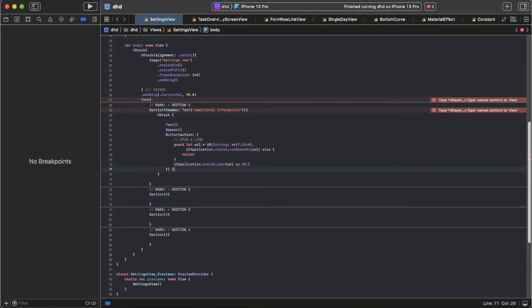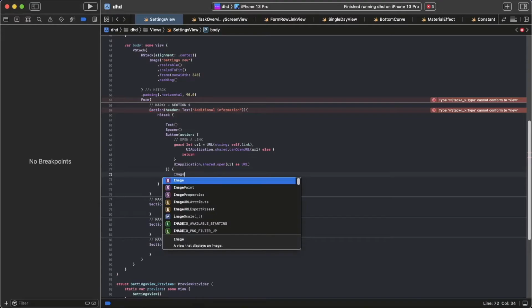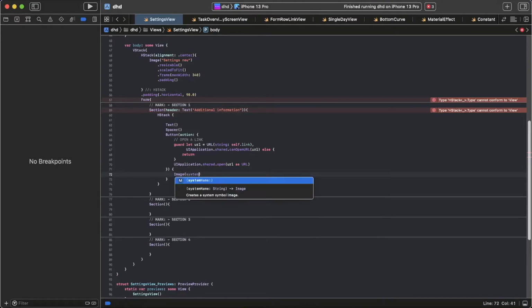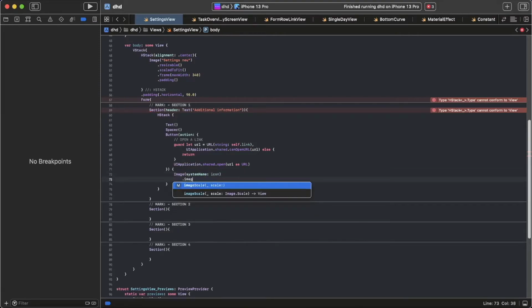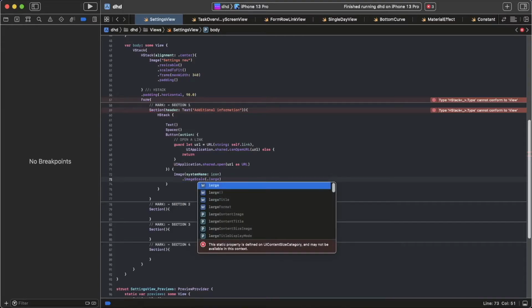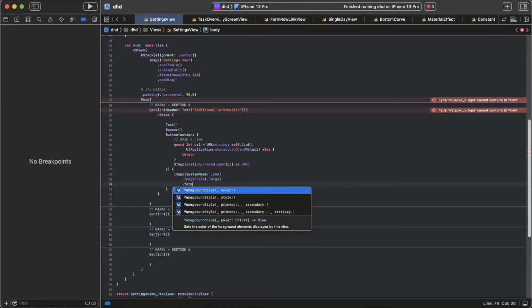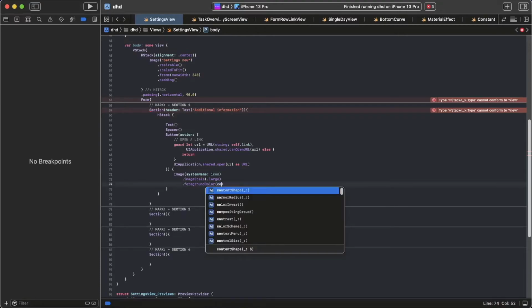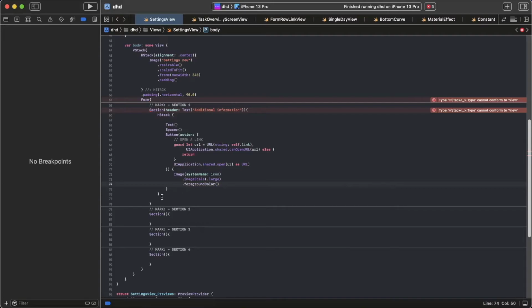Now we go for styling and go for Image(systemName: icon).imageScale(.large).foregroundColor, and this we will leave empty. Okay, so this was our HStack,